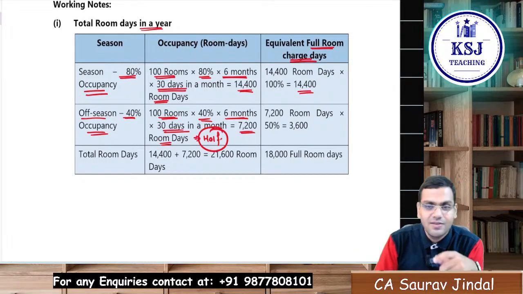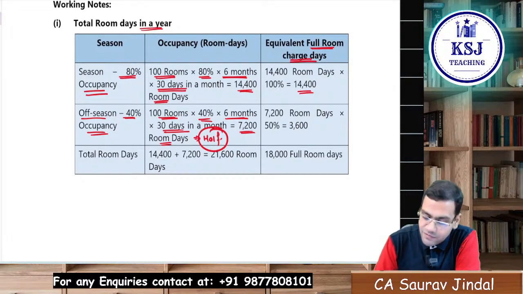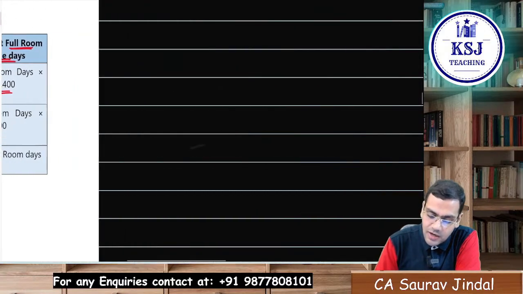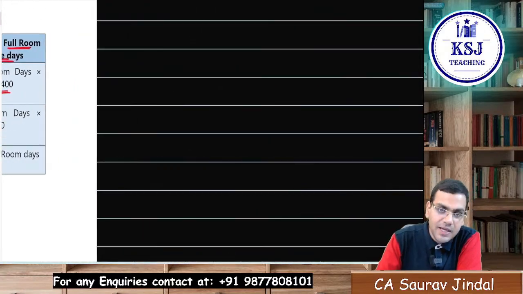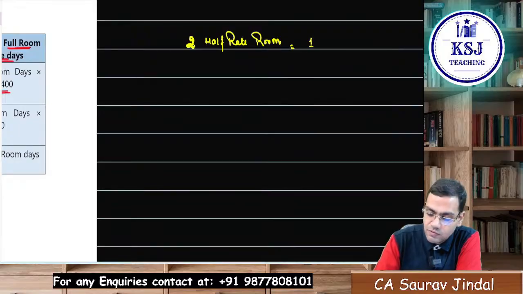That means the rent that you will be getting from 7,200 rooms, right? Or I can say the rent if you will be getting from one half rate room will be equivalent to